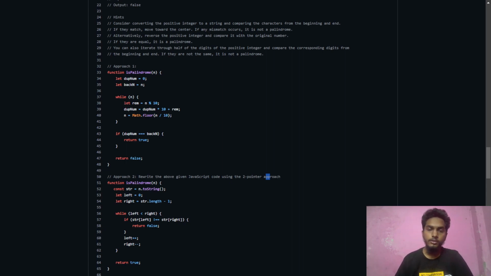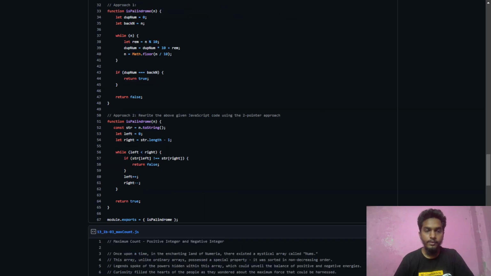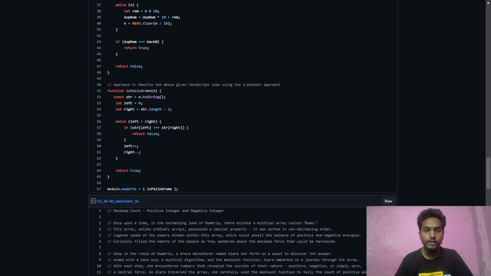Two pointer approach is where we declare two pointers which go from left and right and check if it is a palindrome or not. So first what we will do is convert the given number into a string. We can do it by the toString method. We are storing it in the str const. Then we are declaring two pointers, left and right. Left will be the starting point and right will be the rightmost character of the string. Then we are